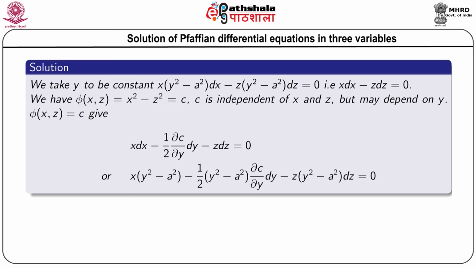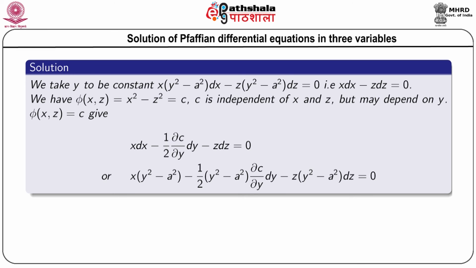We can find easily the integral of this equation as x square minus z square. So, in this case phi(x, z) is x square minus z square equals to c, but you have to remember that this c is independent of x and z, but it may depend on y. So, phi(x, z) is equal to c, c is a function of y. If you take the differential of phi, then it will be like this, and if we compare this with the given equation,